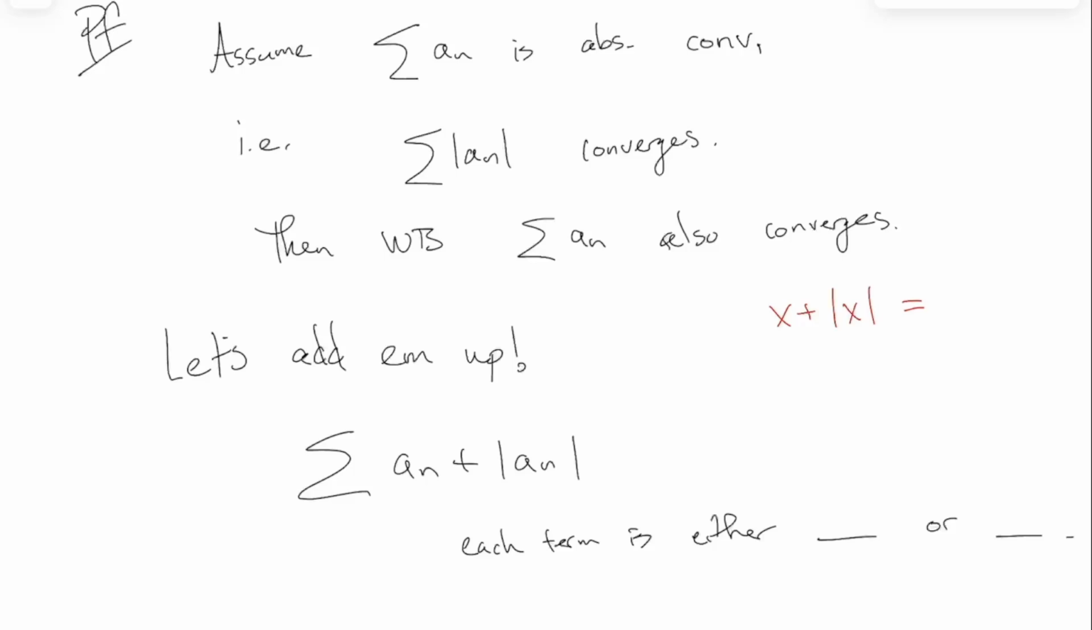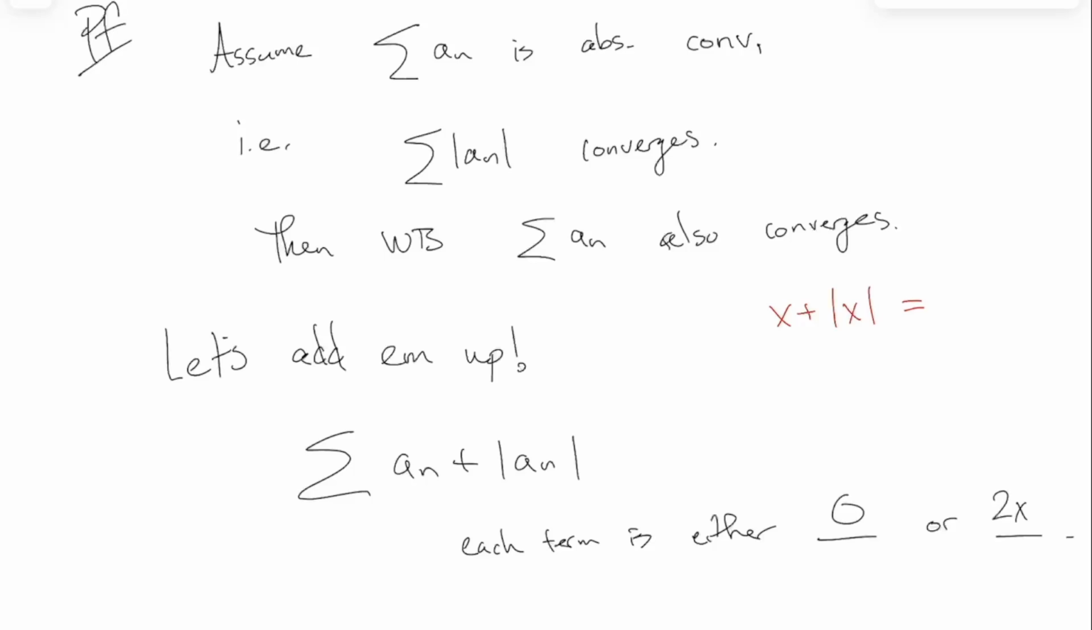2x or 0, he says. I agree. Why do you say that? Because if x is negative, then it would cancel the absolute value, and if it's positive, it'd just be double. Yeah, right. If x is positive, then I'm just talking about x plus x, which is 2x. If x is negative, then x is the opposite of the absolute value of x, and they will cancel and you get 0. So each term is either 0 or